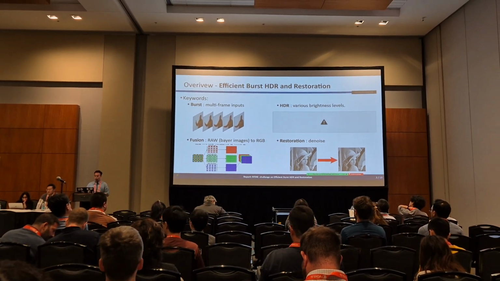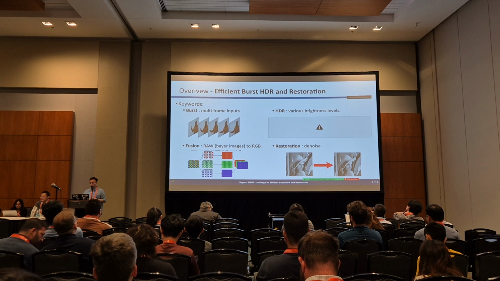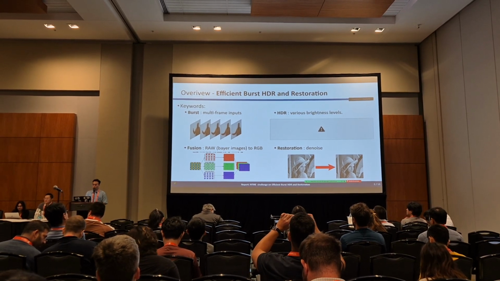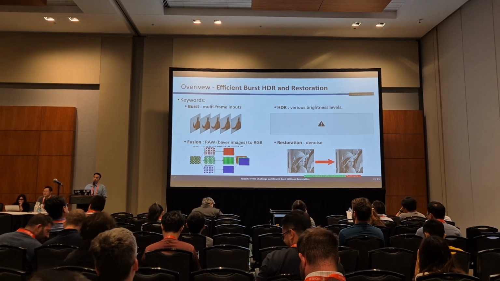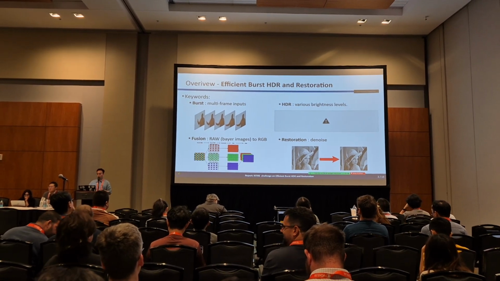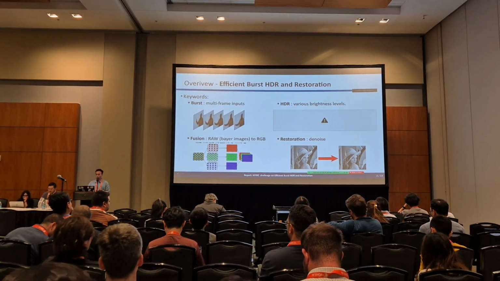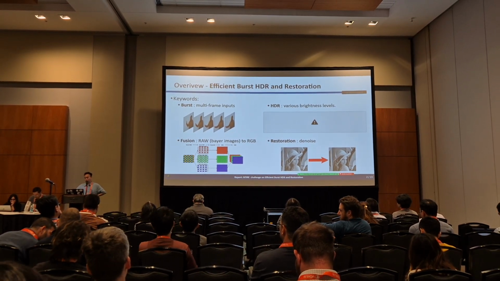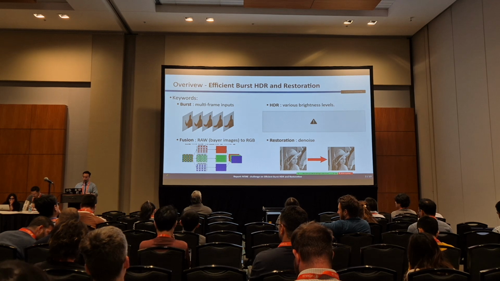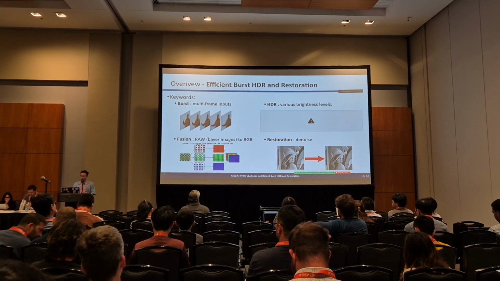And the second keyword is HDR. It means there are various levels of exposure time, so there could be saturated pixels or extraordinarily dark images, and participants are required to combine those information to